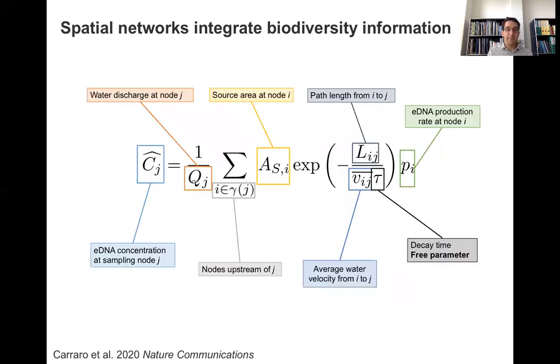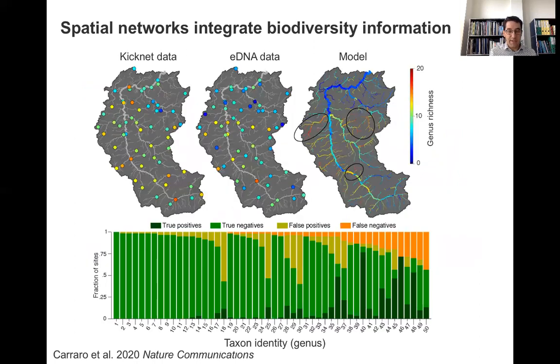We can, for example, use such hydrology-based models, which we developed to predict local DNA concentrations by integrating both transport as well as decay of eDNA in order to exploit this catchment level inference. These models, here are the predictions in the top right map, are parameterized using the local eDNA samples and can then not only give us a space-filling prediction of biodiversity, at a totally new resolution at the scale of a few hundred meters of river stretches,